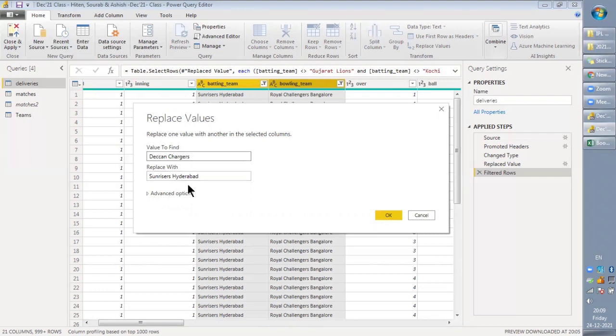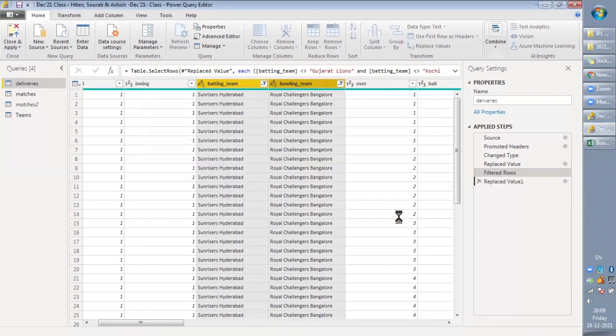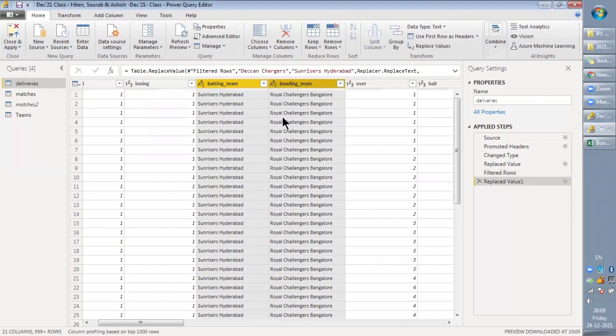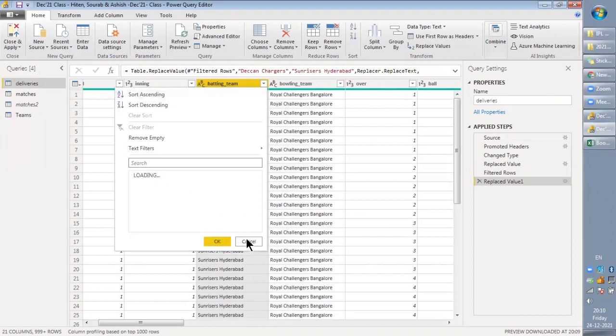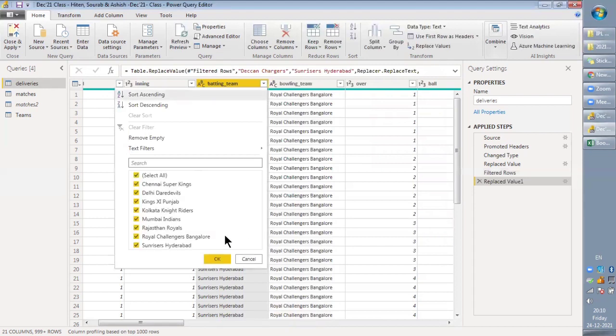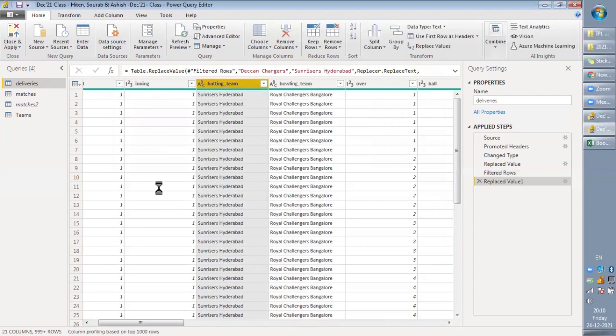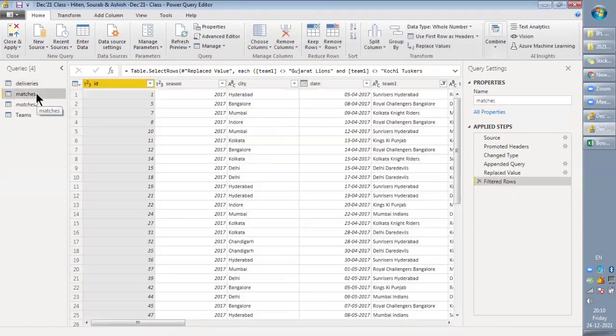Okay, find dictionaries. Just click it. They are gone now. If we click here, yeah, gone. So let's do the same in the matches query as well.